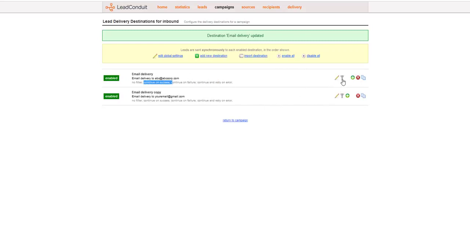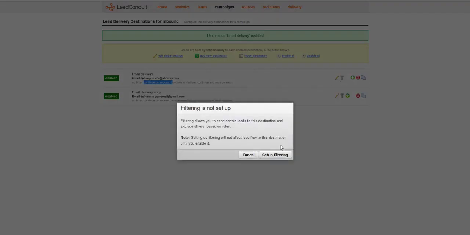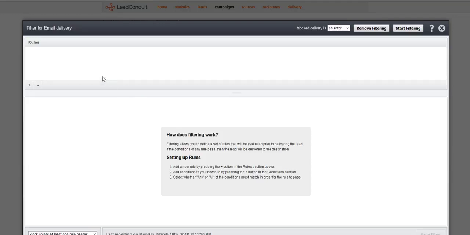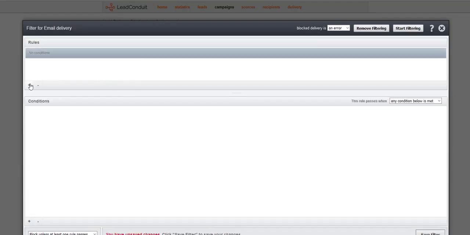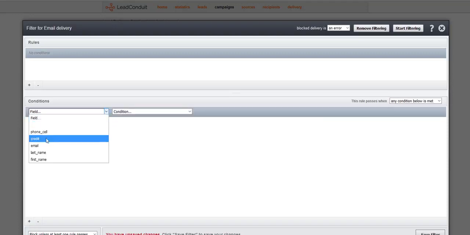And the other thing is you can do a filter. So you click that little button there, the gray one, set up filtering. In here, you're going to click the plus sign, and this creates your filter. Once you're done here, you click the plus sign here. Now you're working on this one. Now you're going to hit the plus sign on the bottom, and you're going to choose a field. Let's just say,